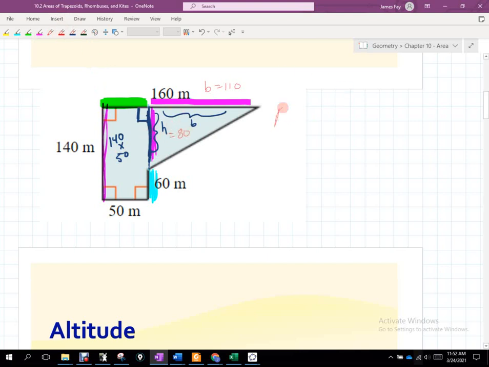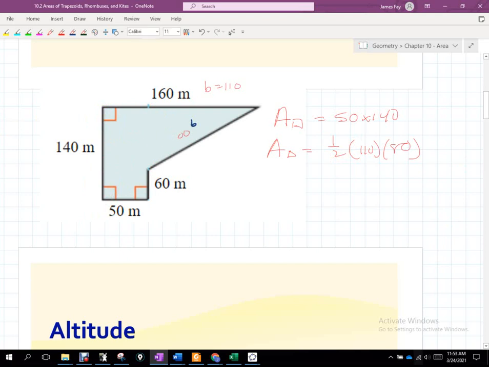So I could go area of the rectangle would be 50 times 140, and then the area of the triangle would be 1/2 of 110 times 80. And then what do I do with those two values once I realize what they are? Add them together. Is that the only way? No. The other technique that I see people commonly use on this question